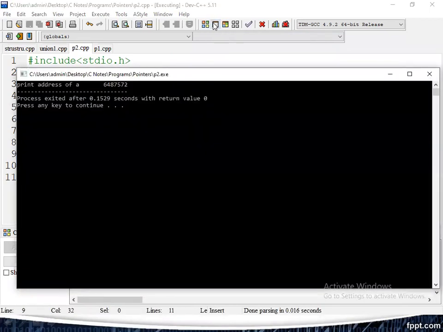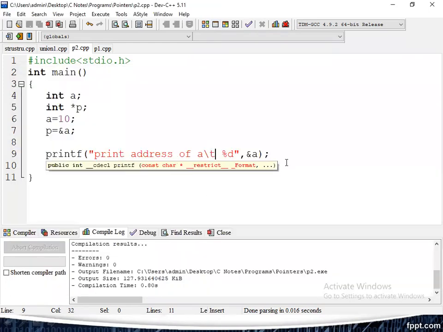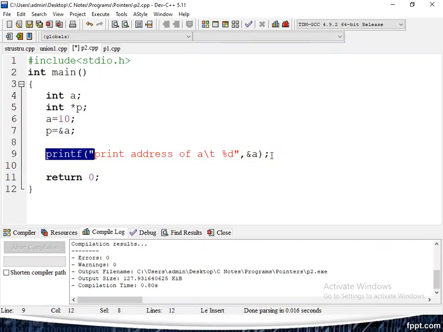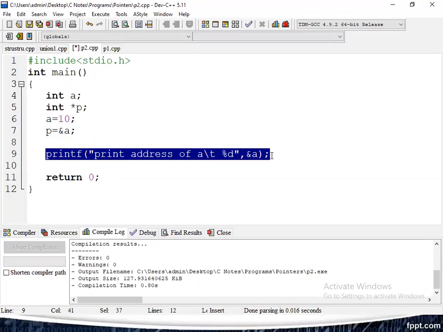That is the address of a. Let us verify. There are so many ways to access the address of a. The same information we can see.